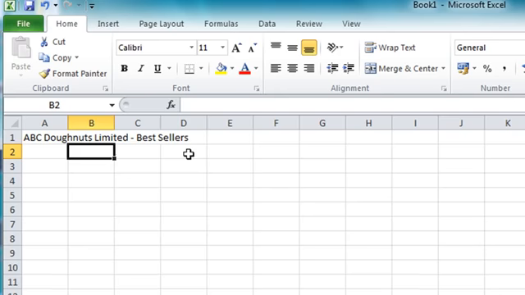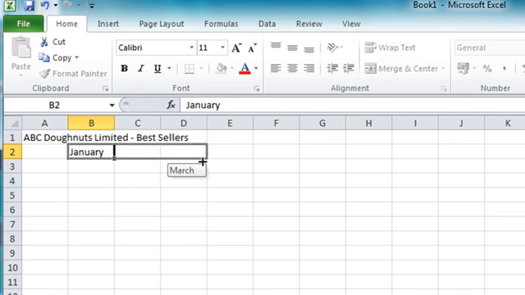I'm going to type the word January into B2, and I'd like the next two cells to contain the next 2 months, so February and March, but I'm going to get Excel to do that for me by putting the mouse pointer at the bottom right of the cell there, and then just click and drag across, and you'll see that Excel automatically completes that series of dates. There's lots of automated features like that built into Excel, and we'll explore some of those later on in future